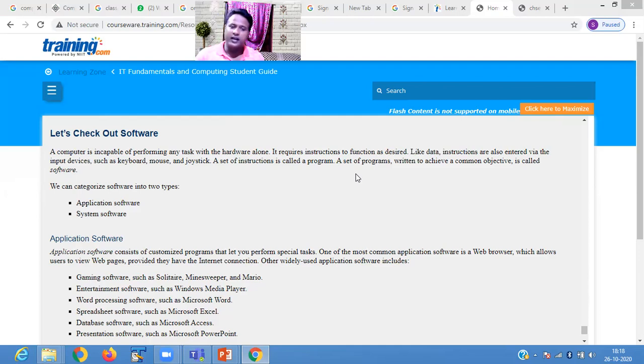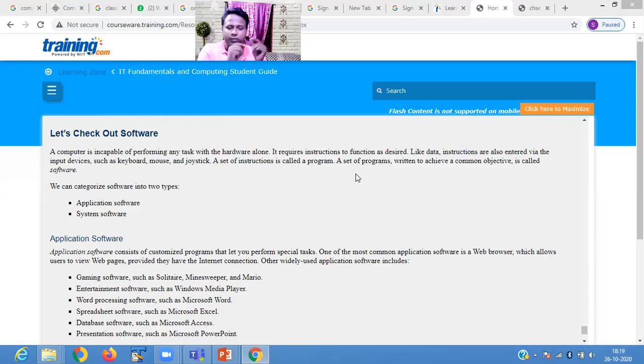Like if you are creating software for WhatsApp, for social networking, it is used for sending messages, video calls, and audio calls. These are three programs, and they are present inside one application. That one application is called the software, which is used for a common task, like connecting to other people through messages, audio calling, and video calling.